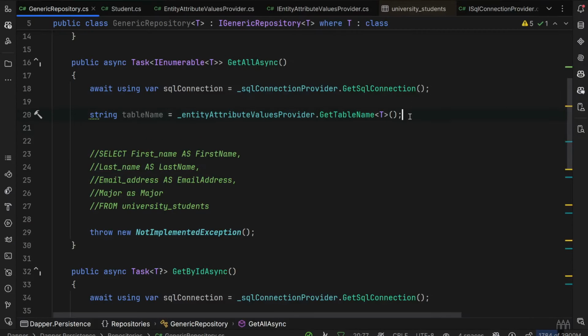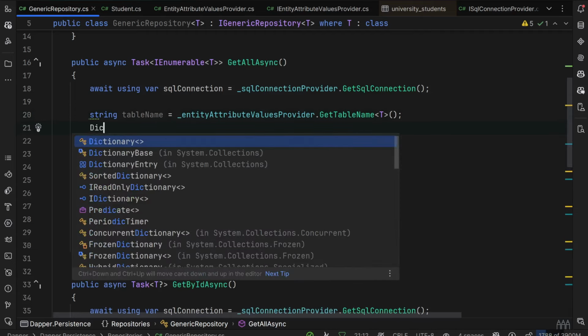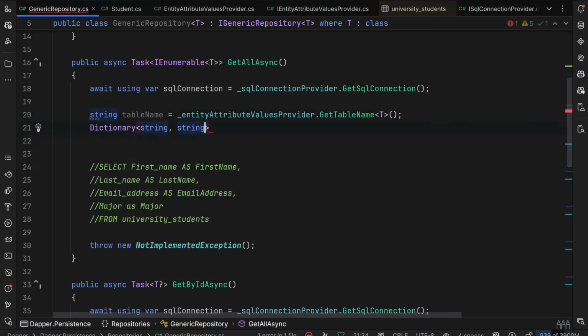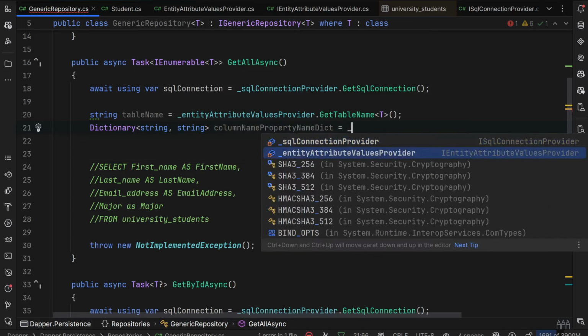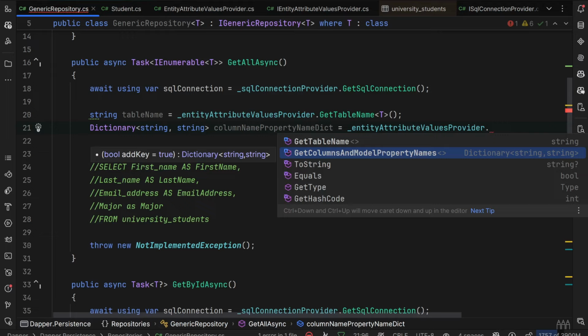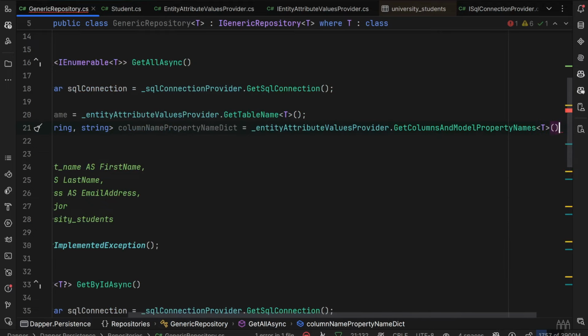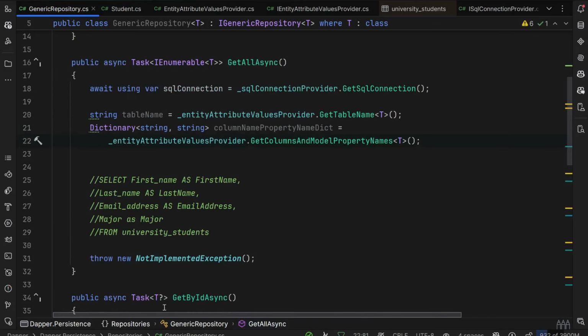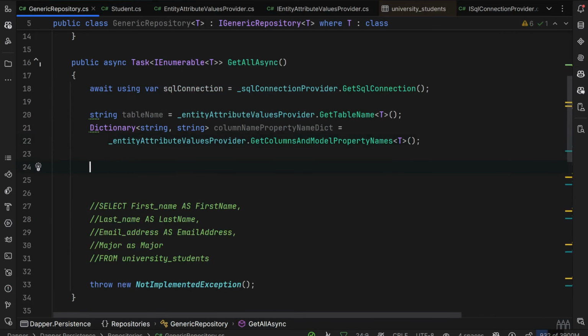Alright, and now we are able to retrieve the dictionary of the column name and also the property name based on the T type. So I'll just create the dictionary of string inside of it, and it will be called column name property name dictionary, and it will be equal to the entity attribute values provider, and then get columns and model property names. So I'll just pass the T type over there, and now